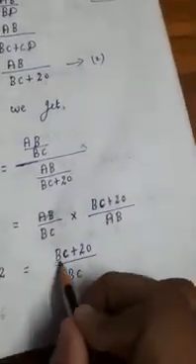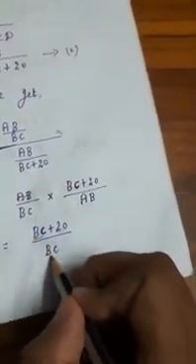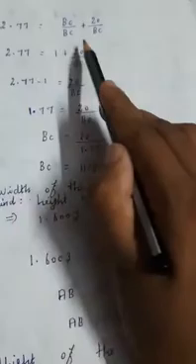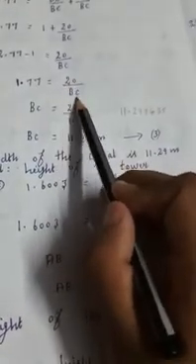So you know that this BC is common for this part and this BC is common for this part. So you can split and write BC divided by BC, in between a plus symbol, 20 divided by BC. Now 2.77 is equal to this, and if you cancel it, 1 plus 20 divided by BC. This plus 1, if you transpose to the left hand side, it will become subtraction. 2.77 minus 1 is equal to 20 divided by BC. If you subtract, 1.77 is equal to 20 divided by BC.